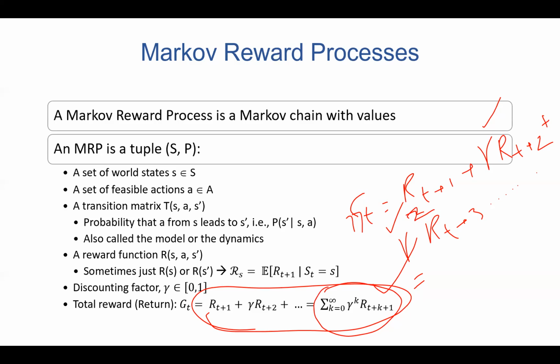Because every time, let's say if gamma is 0.9, then gamma squared is going to be 0.81, right? Gamma to the power 3 is going to be 0.9 times 0.81, which is 0.73, something like that. So if you have a lower value of gamma, let's say 0.5 or 0.4, that means you're not being so far-sighted, and you're going to end up breaking cycles in your MDPs, which is why MDPs can also solve continuing problems by setting the value of gamma.